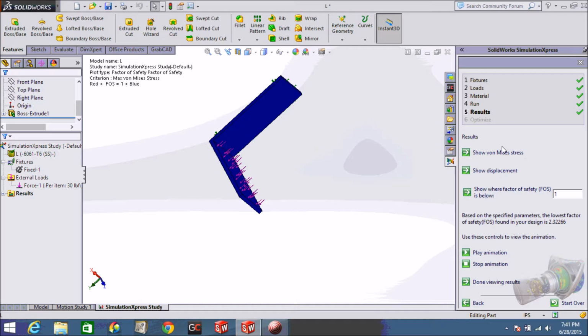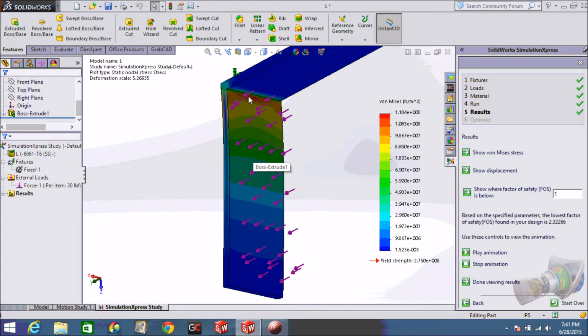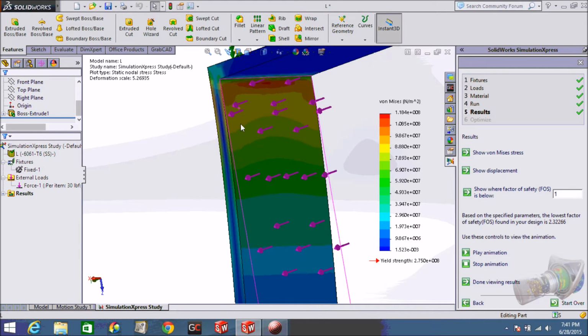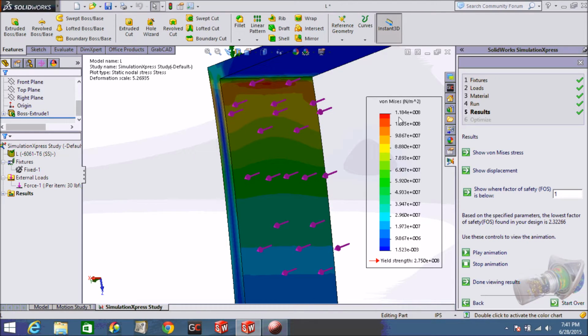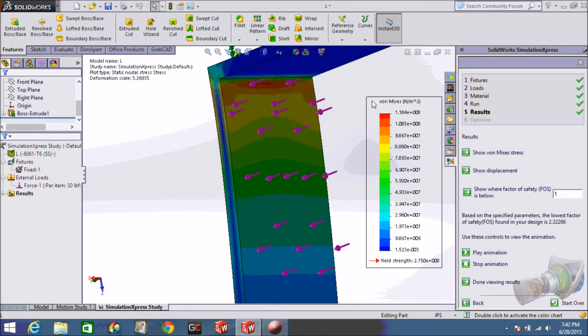So now you have basically two things here. Von Mises stress basically shows what parts of this material are under the most stress. So von Mises stress, everything is laid out here, color coded, and then the key is over here. You can look, so at this red point where it's taking the most stress, you have